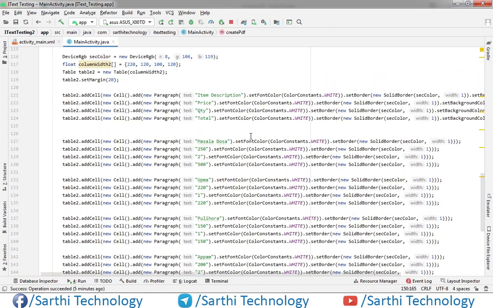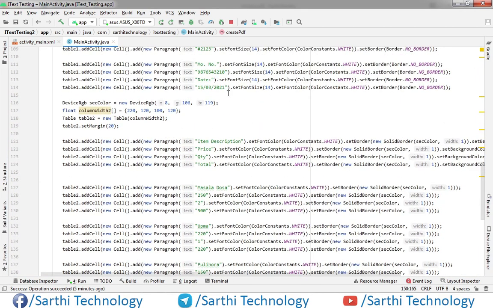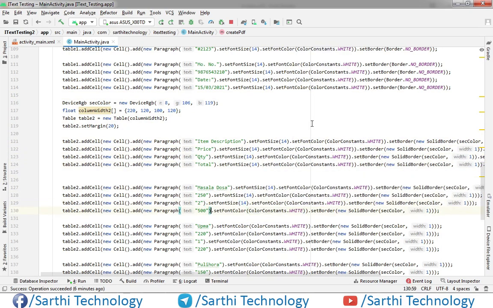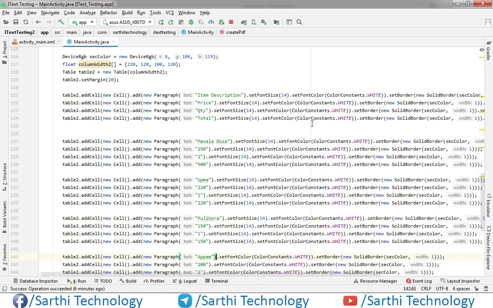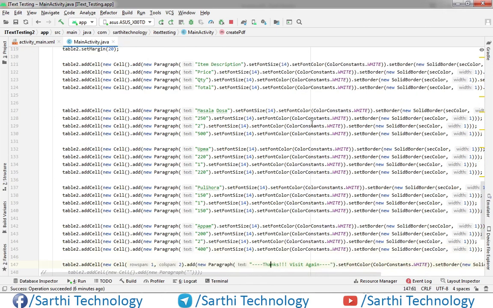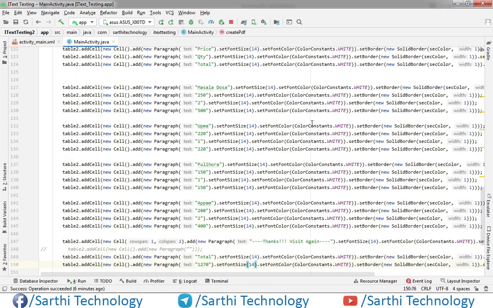So what we need to do, just copy this and here we will put 18 because this text size is a little bit big.